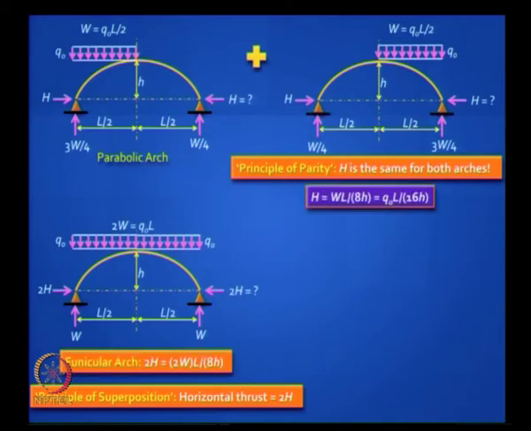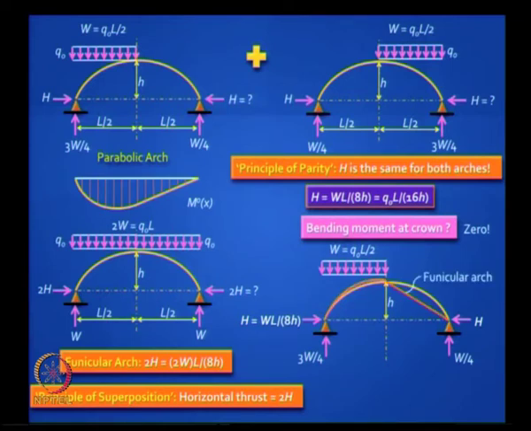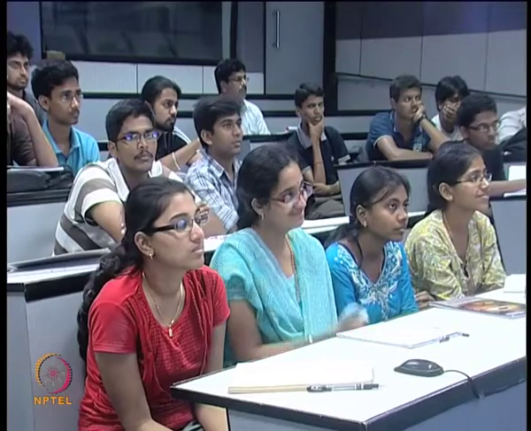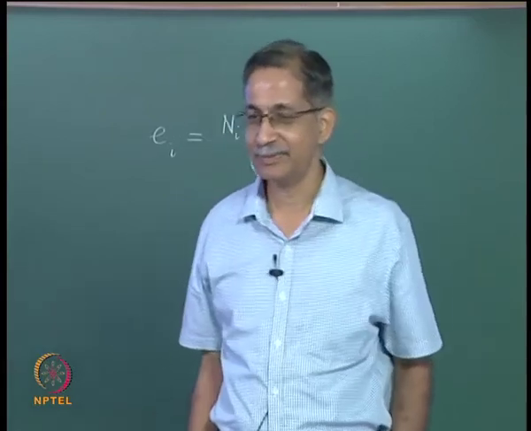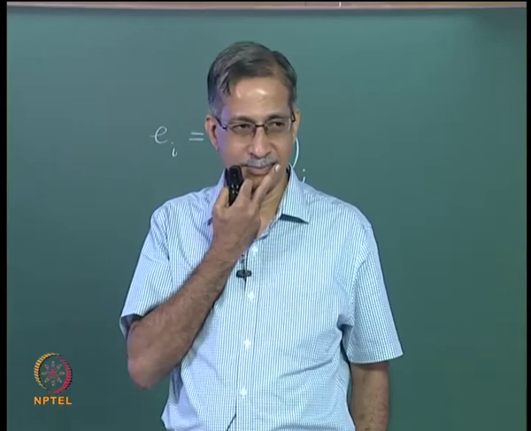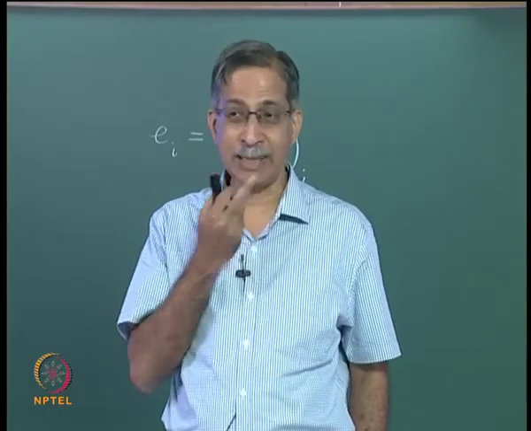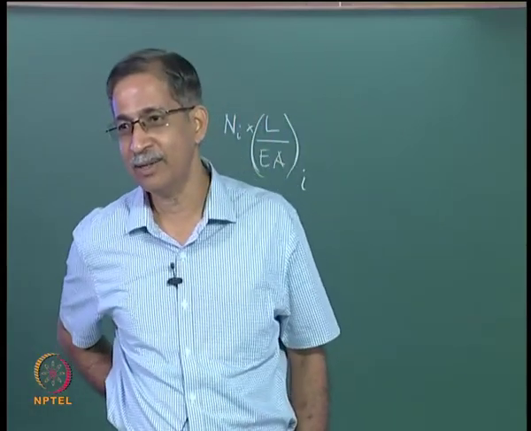If you go one step further, once you know h, it is statically determinate. You can draw the bending moment diagram and shear force diagram for this structure, and you will find that the bending moment at the crown is 0. Why will the crown moment be 0? So it's like a 3-hinged arch, because if the moment there is 0, it's like you have a hinge at that crown. Why will it be 0?